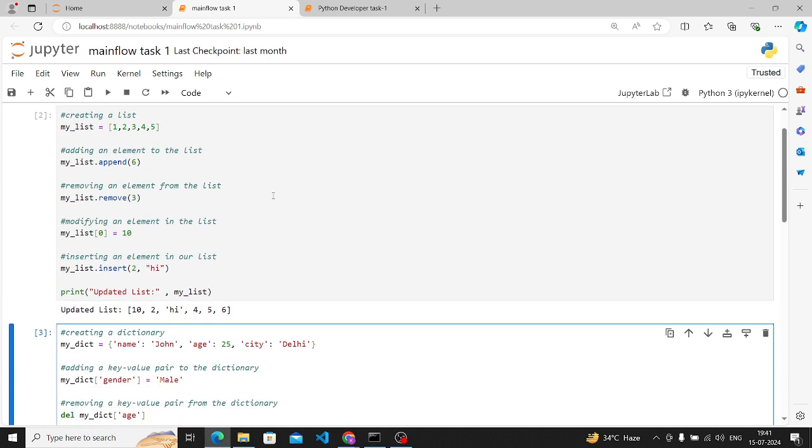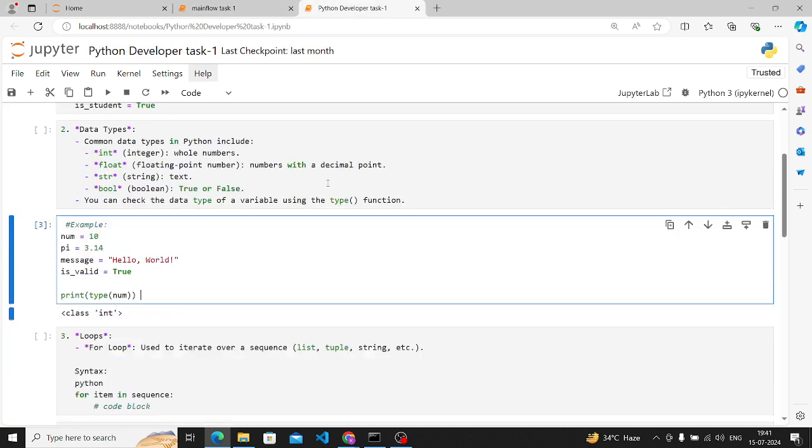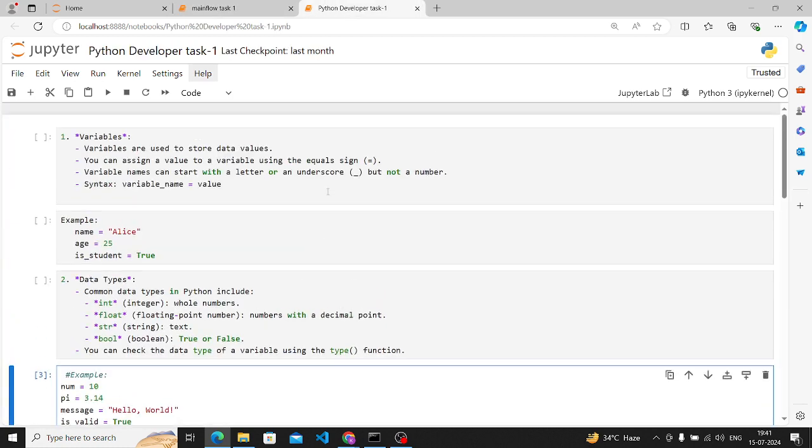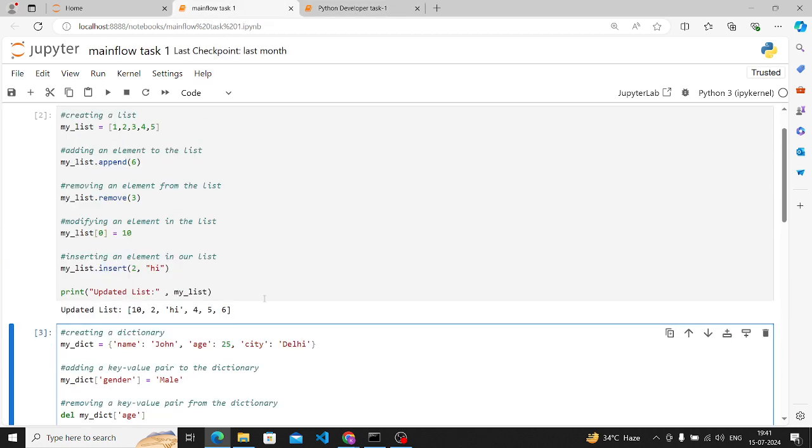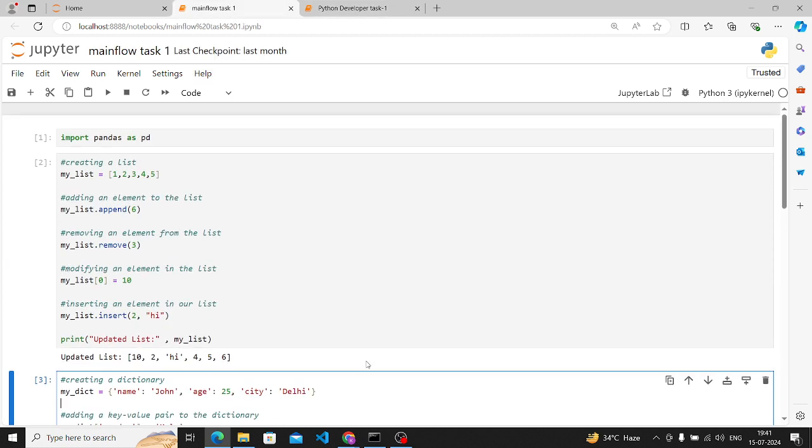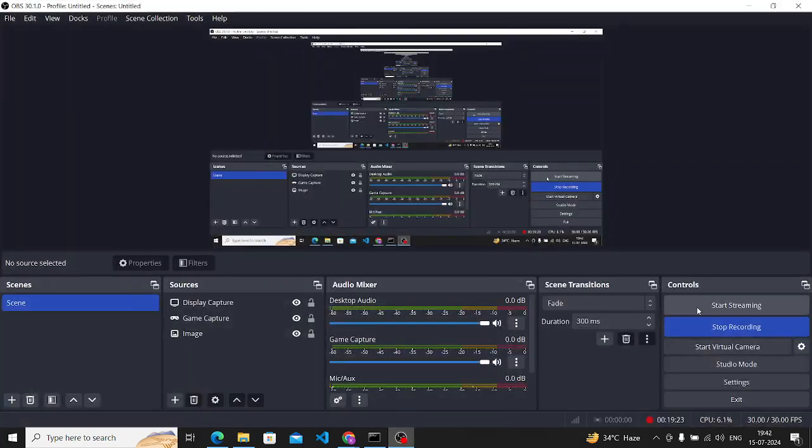So this was all your task 1. This was the basic one, this you don't have to do, and basically you have to do this task. So I hope these are the basic